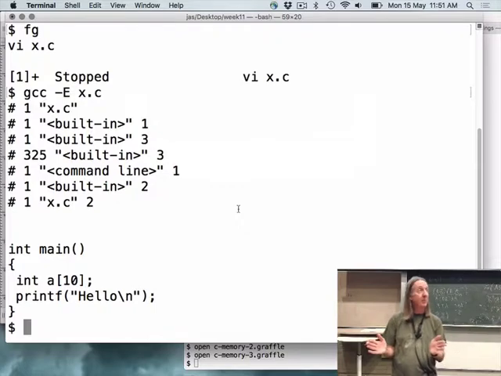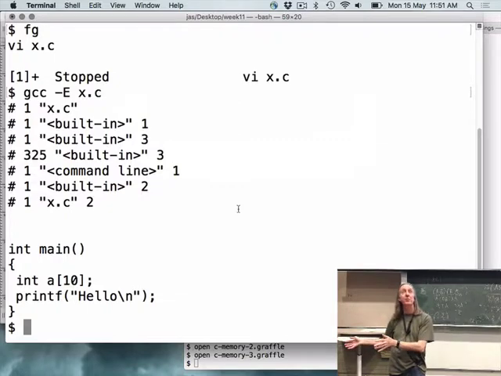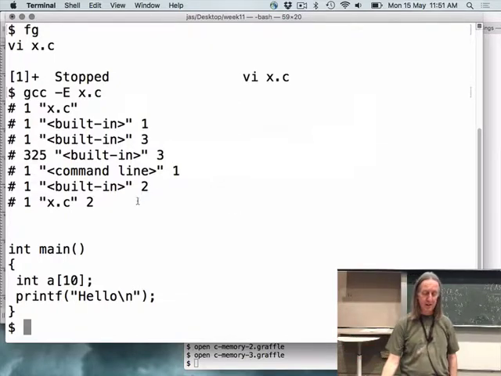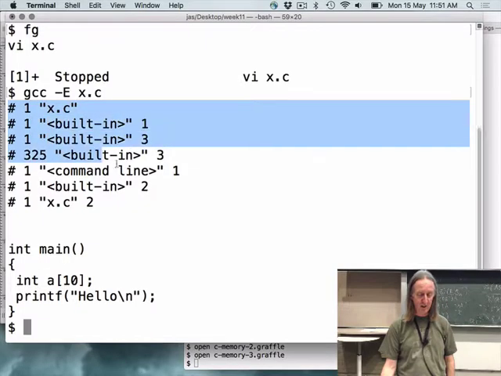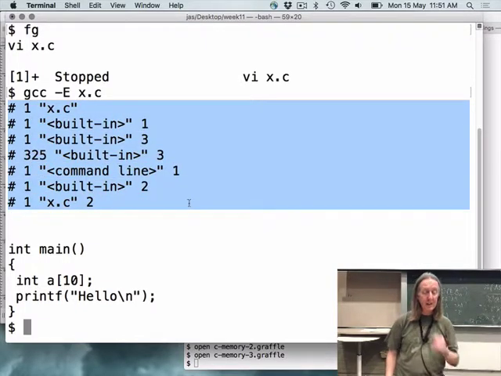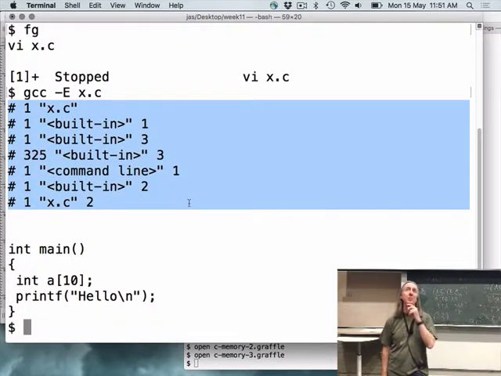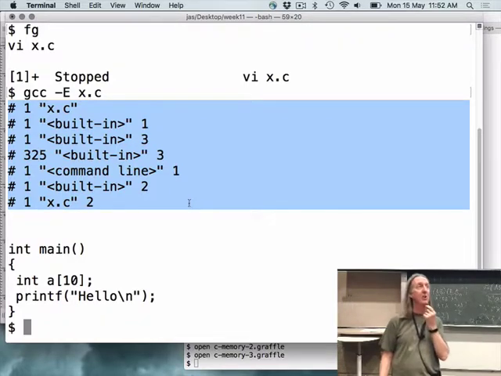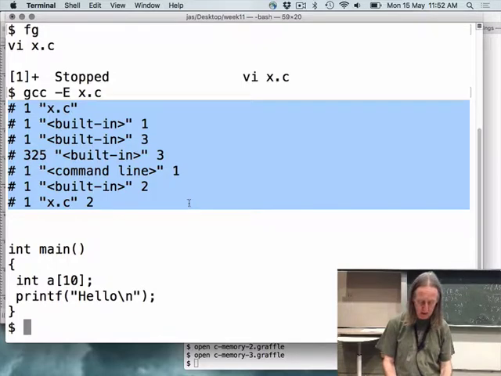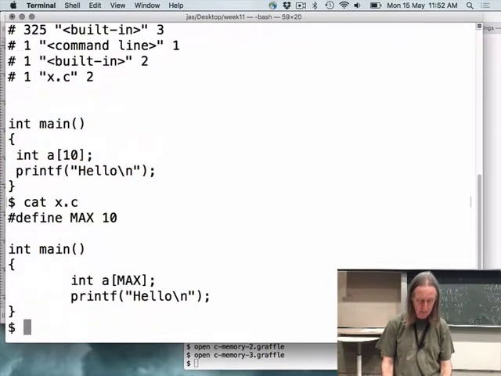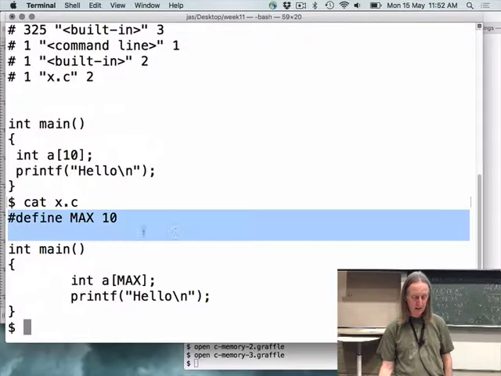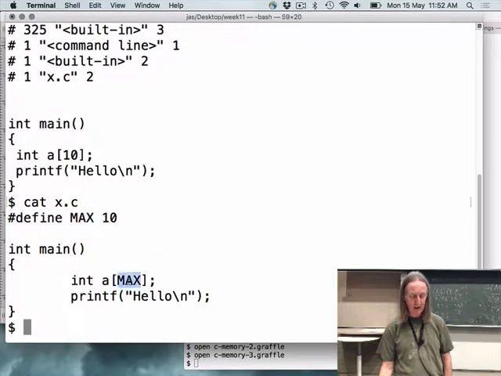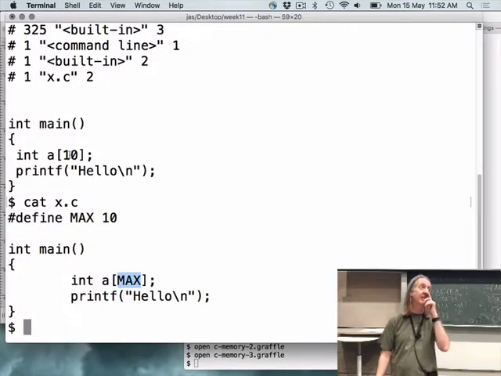So anyway, the C preprocessor basically just takes the C code, makes some transformations to it, and gives you some more C code. One thing you may notice is you've got all this stuff at the top. Those hashes are going to be ignored by the C compiler, so all that stuff is effectively treated as a comment. The critical thing that happened was that MAX was replaced by 10.